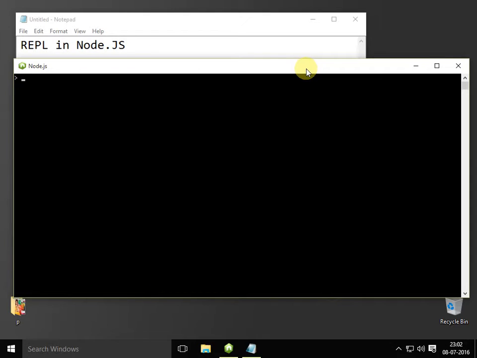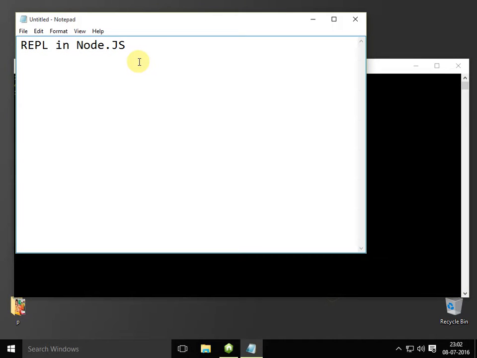In every operating system you will find it, and whenever we enter a command in this, like 1 plus 3, it will process this, understand this, and the output will be printed here. So this is all about the REPL, guys. Fine. So what does REPL stand for? Let's learn it.